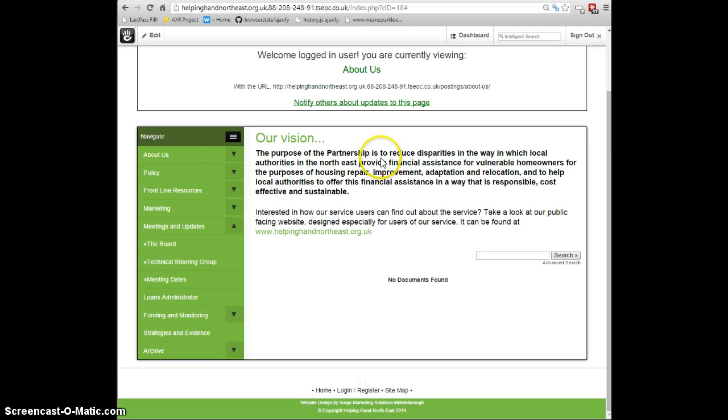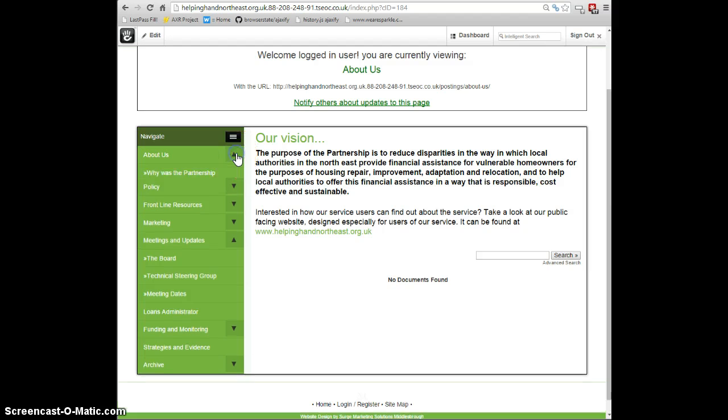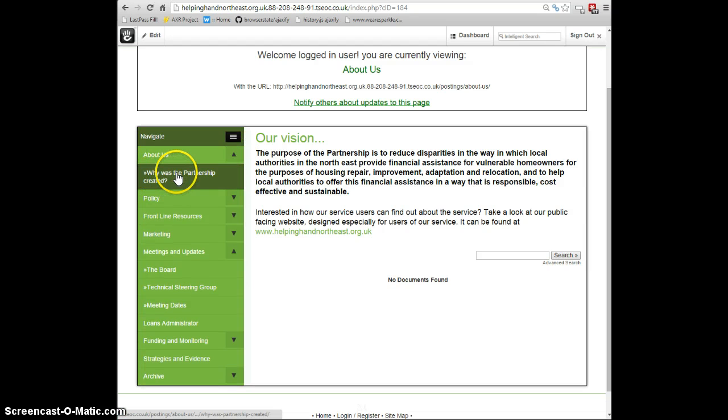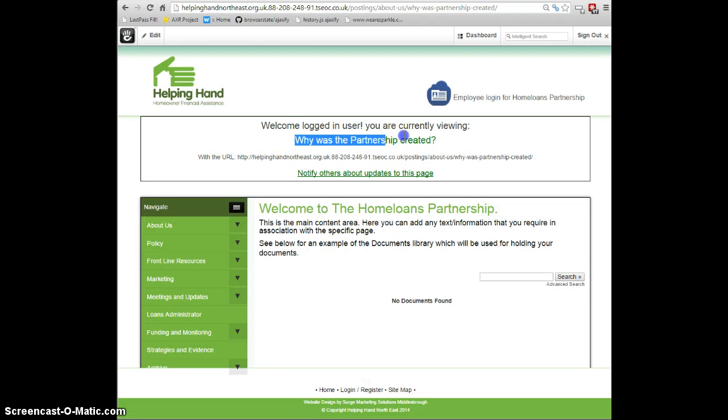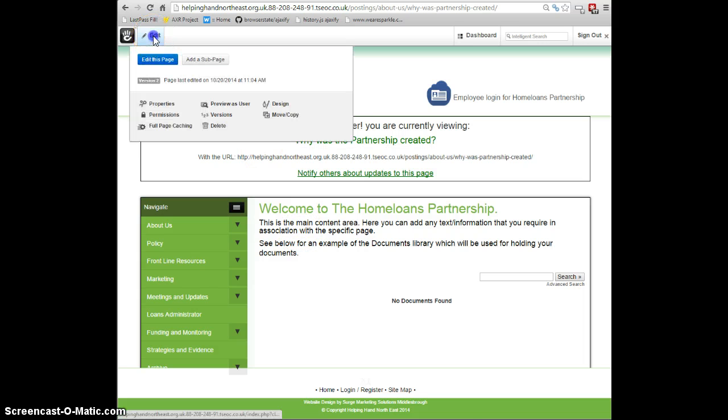We'll just do one more page before moving on to adding your documents. So the policy page, or we might want to do the why was the partnership created first of all. So to edit the text on this page, we first navigate to it by clicking on it, and you can see we've landed on the why was the partnership created page, and we just need to put the page into edit mode,